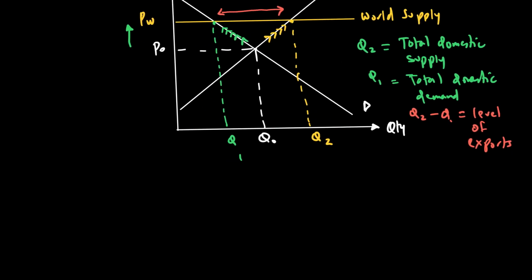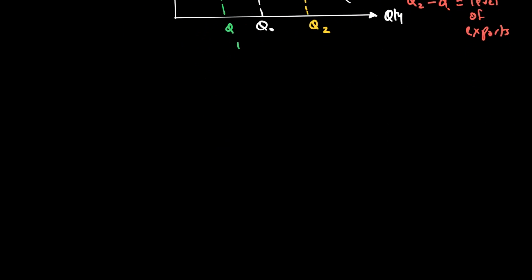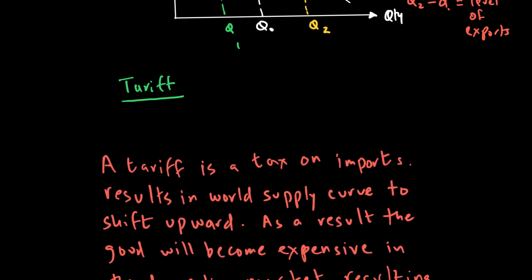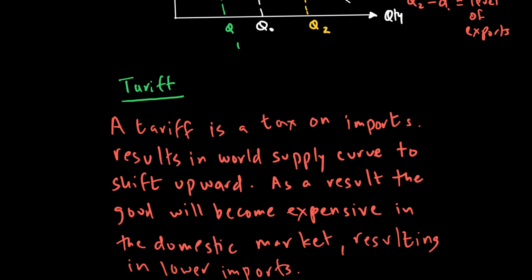Now we'll use this knowledge of export and import to first look at our types of trade protection, and the first one we'll discuss is what we call a tariff. So what is a tariff? We say a tariff is a tax on imports. It results in